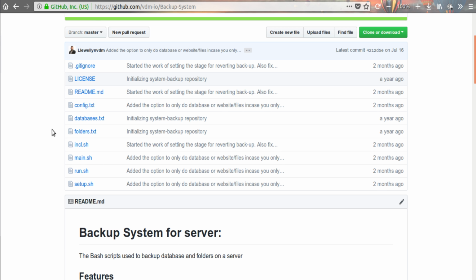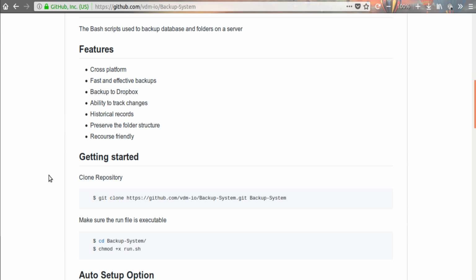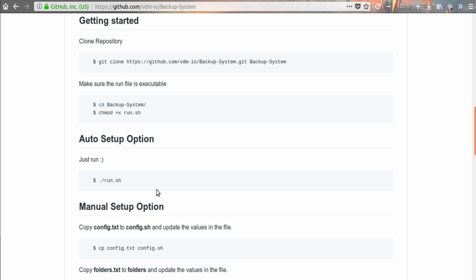Okay, well, the backup process, to set it up, is quite simple. You basically first clone this repository and then you change to the folder and you make the run script executable with this command here. Now I'll demonstrate that in a moment. Then you'll run this